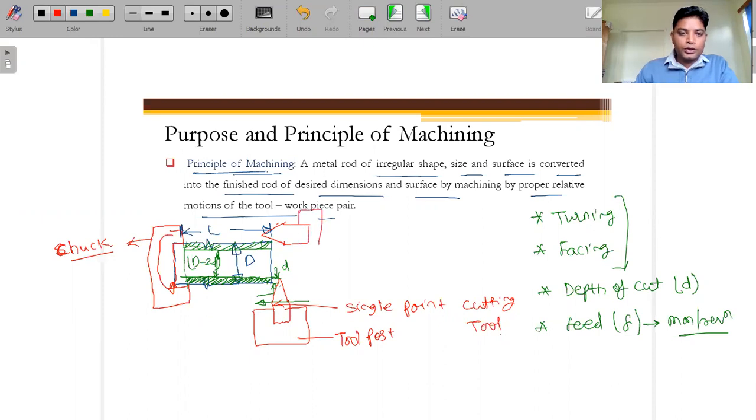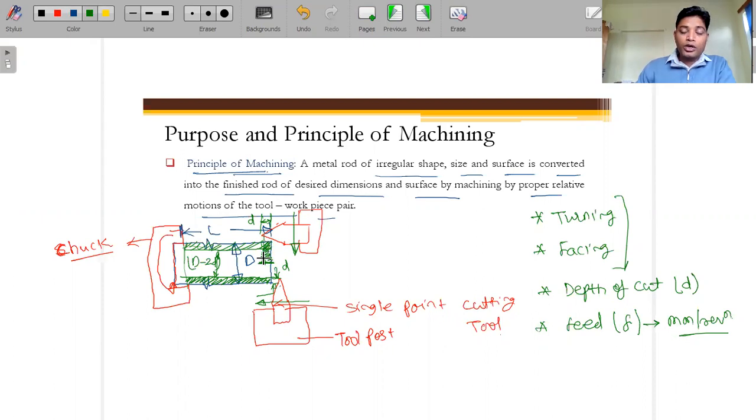This is your tool post, over which the single point cutting tool is mounted, and this is the depth of cut, small d, we are maintaining. Now give the feed direction to the tool in this direction up to the center, and this much amount of the material is removed.